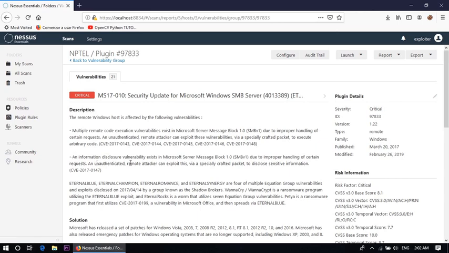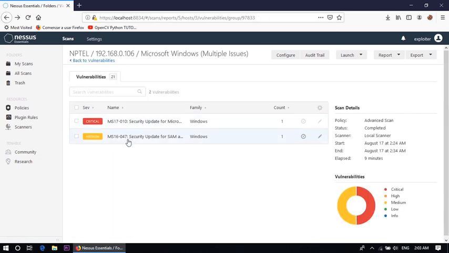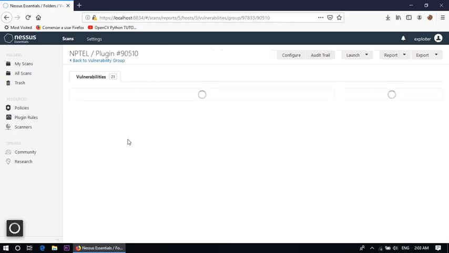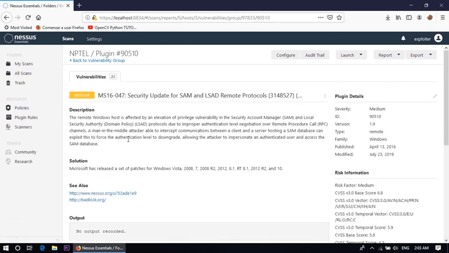An information disclosure vulnerability also exists in this machine, and there are some other vulnerabilities, like in the medium category, MS17-047. The remote Windows host is affected by an elevation of privilege vulnerability in the SAM and Local Security Authority.